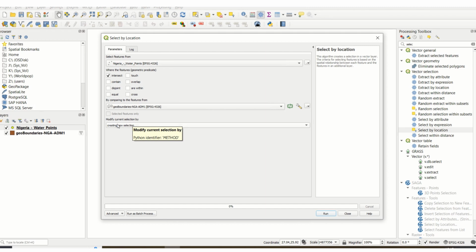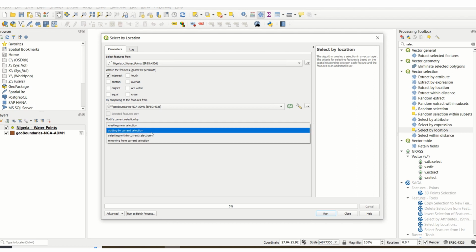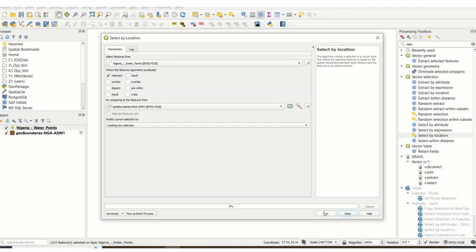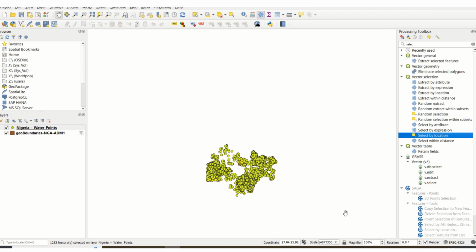Now, be sure that this is on creating a new selection, because if you already have an existing selection and it is adding to the current selection, it's going to combine with the existing selection. So be sure that this is on create a new selection. So once you have these settings like this, you click on run, and your selection is done. So once we click on close now,